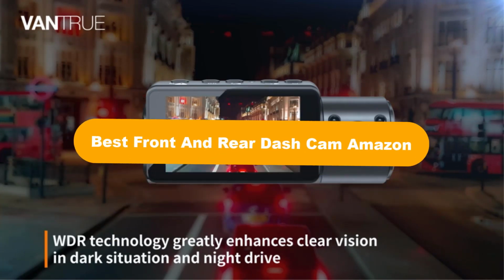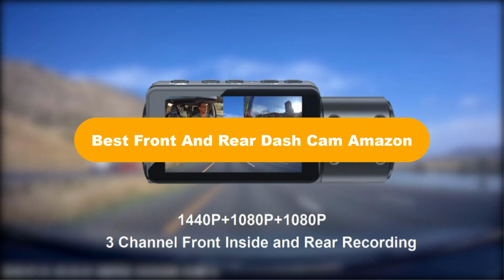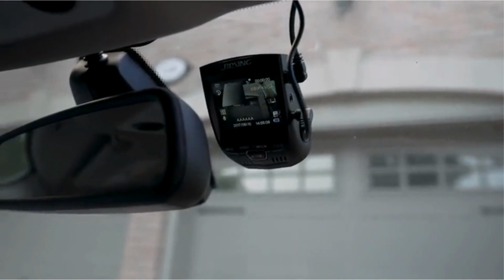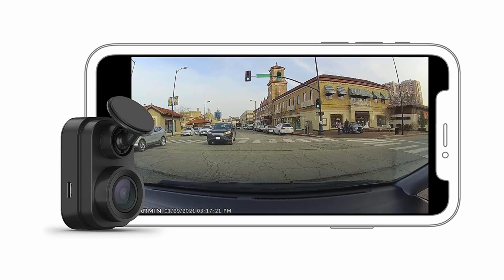Hello everyone. In the video, we are going to cover 5 best front and rear dash cam Amazon in the market, which are the best for you considering some unavoidable factors that you might miss out without watching this video. Here, we are going to give you an impartial review to help you out to find the best from a